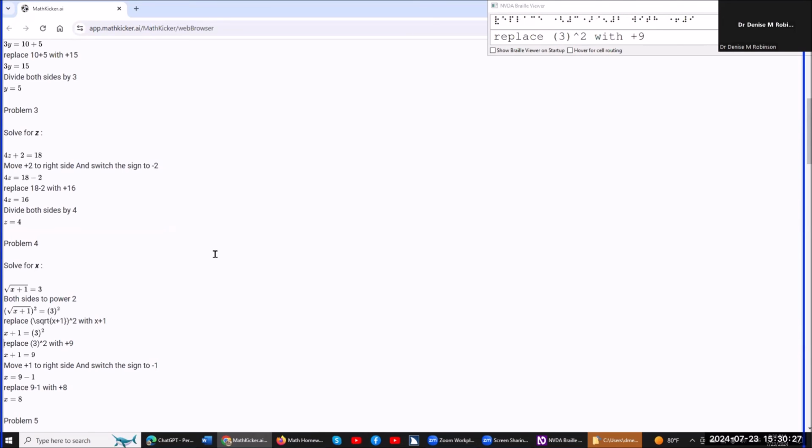Okay, and if you really want to hear the code on that, visually you see that it's to the power of 2, but you're going to F9 on all of this. Graphic x plus 1 equals 9. Move plus 1 to right side and switch the sign to -1. Graphic x equals 9 minus 1. Replace 9 minus 1 with 8. Graphic x equals 8. Okay,